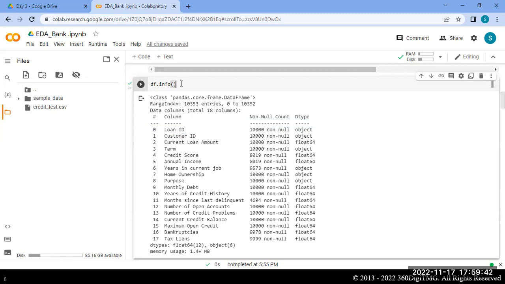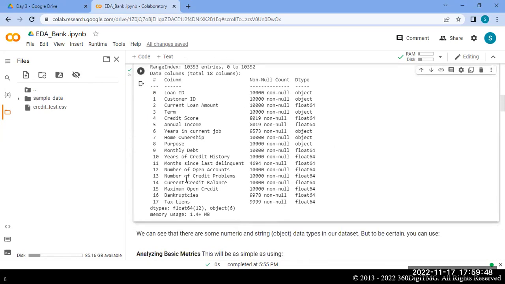Whenever you use the function dot info, it gives you all these details. So you will be able to understand where exactly we have more missing values. If a feature has more than 35% missing values, you have to decide whether you should keep that feature or not.